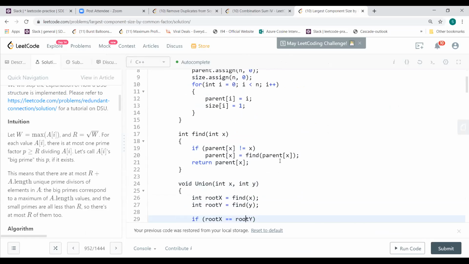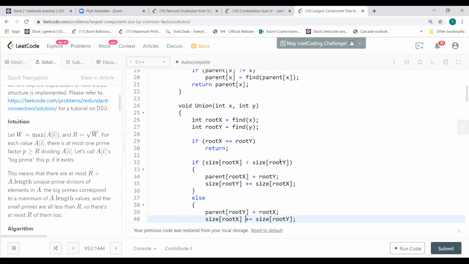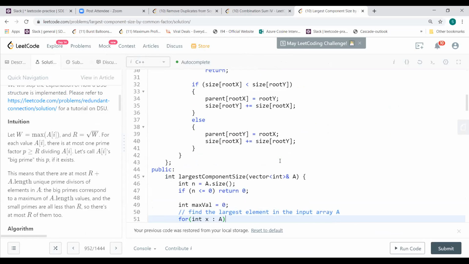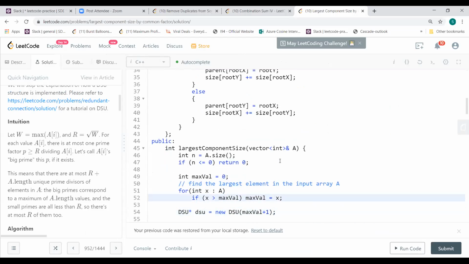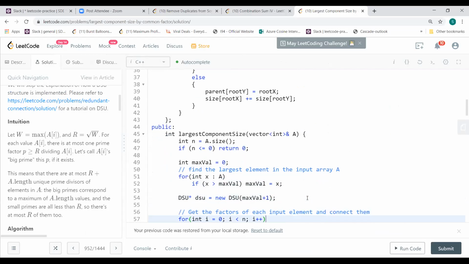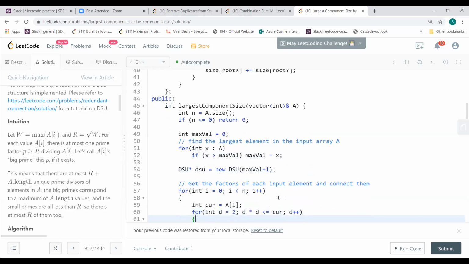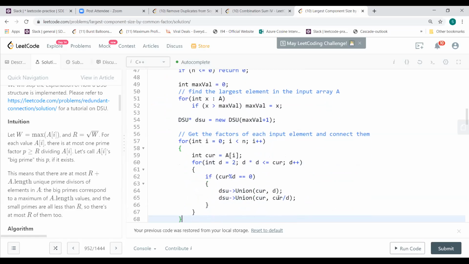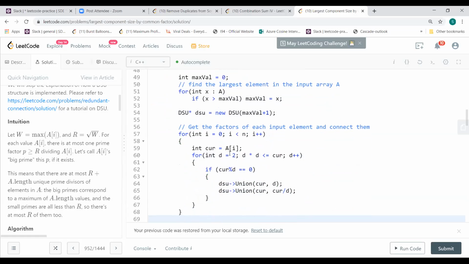Okay, union find. So if I go here, the first thing I do is find the max value. Then I create a DSU using the max value, so I have max value plus 1 for the DSU, the way we do for the DP. And then instead of finding factors for each and every one, what this guy was cleverly saying is, you just find a factor of 1.